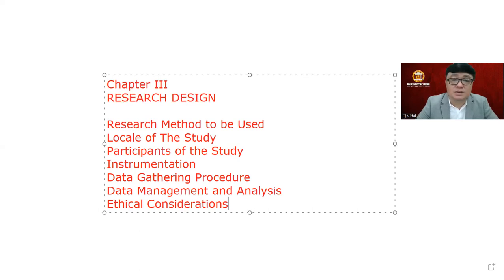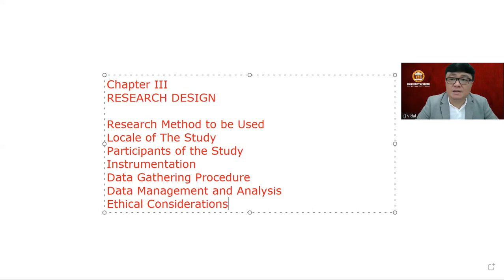Okay, so you need to provide an elucidation why you have chosen the research method, and how it will apply, or how it will relate or correspond to the research questions that you have as part of your research project. And then we have locale of the study. Okay, so locale of the study will dwell on the research site. Okay, so the discussion